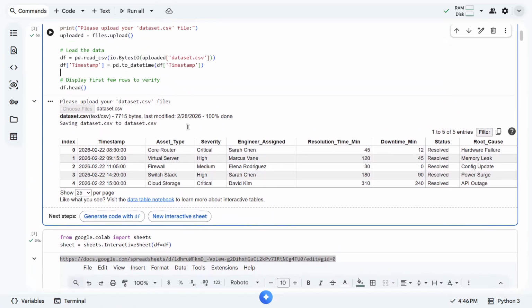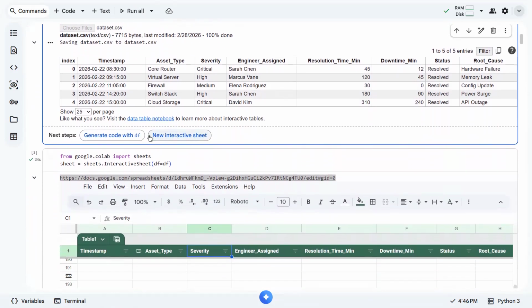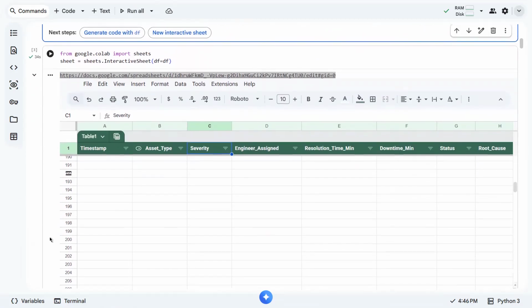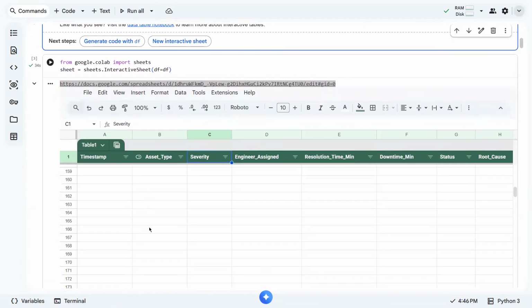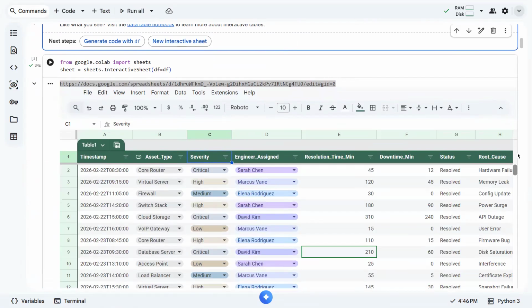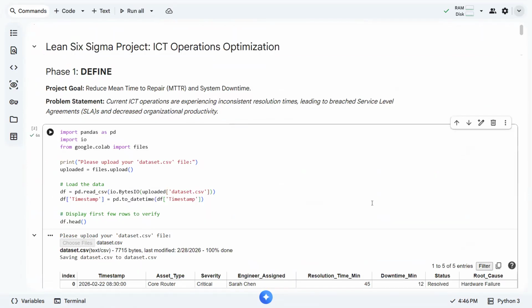Because of this code, Google Colab has inserted this part wherein we are given the option to generate the code with DF, or we can use a new interactive sheet. So when I click this one and connect the imported data set, we have a built-in interactive sheet within our Google Colab notebook.